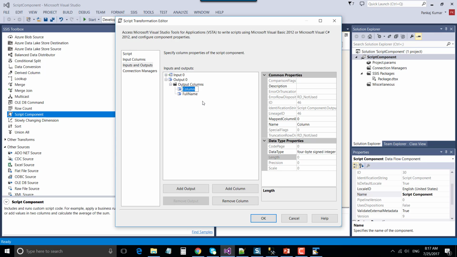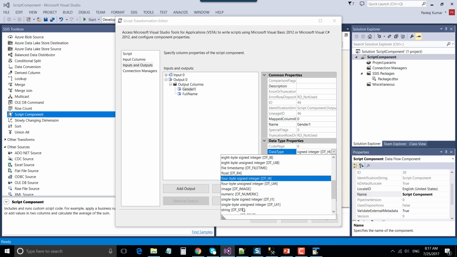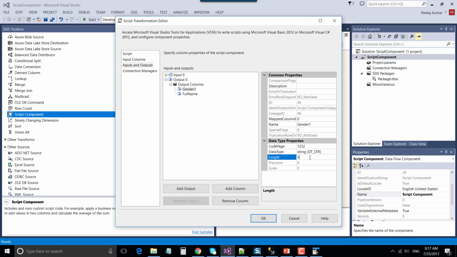Add a new column. Our new column will be Gender1, and you can change the data type to string, and the length can be 1 because it will be having values like M or F. Now let's add one more column, Gender2.